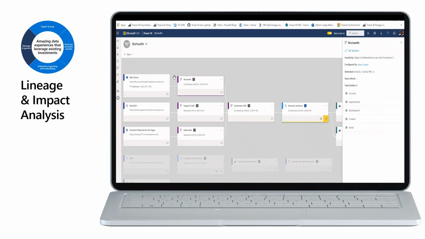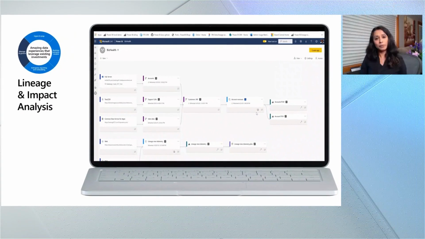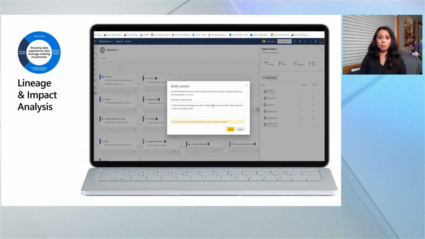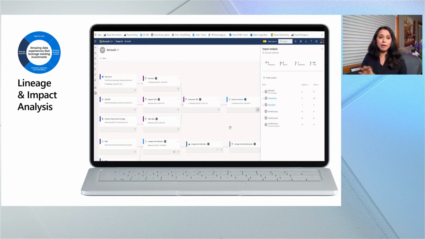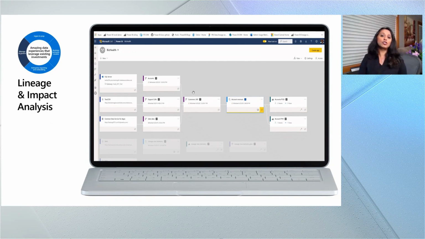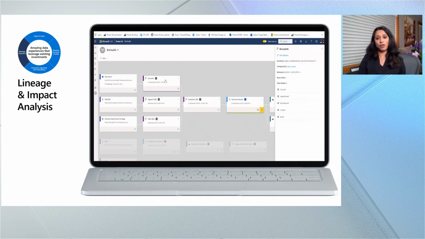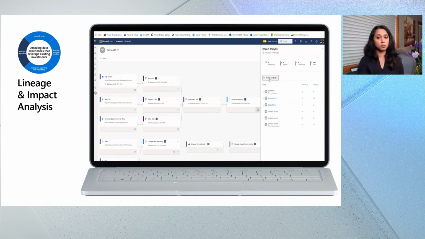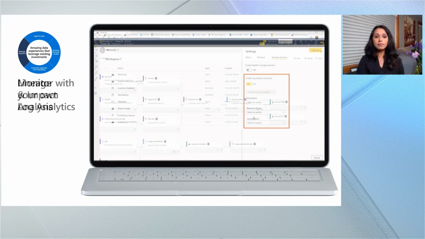And here we've built Lineage and impact analysis, where you can actually go look at where the data came from, and let's say you're about to make a change to a report, you can actually go notify your contacts and say, hey, I'm about to make this change. And that's how simple it is to understand Lineage, and also the downstream impact, not just downstream to that one workspace in Power BI, but across workspaces in Power BI as well.